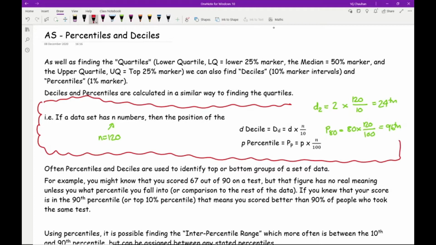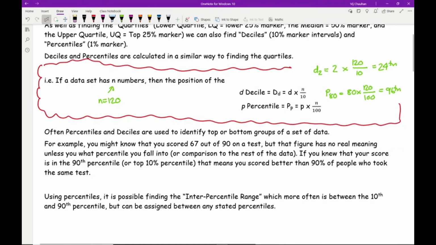So often when you're doing a test, grade boundaries aren't really set in stone unless it's a past paper. However, if it's a brand new test, then they would wait to see how the population have done from that test and then decide what the grade boundaries are going to be based on what we call these percentiles or deciles. So using percentiles or deciles, it's possible to find what we call the interpercentile range, which is often the